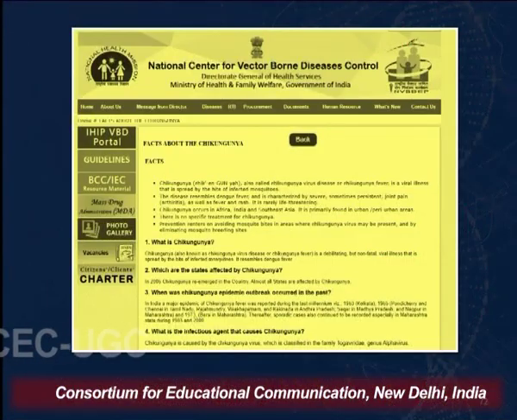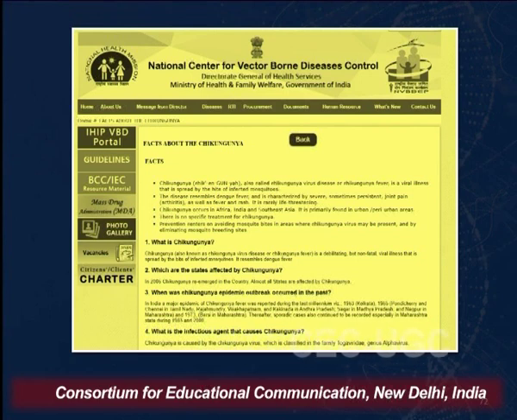Now, in chikungunya and dengue, the doctor mainly recommends that aspirin or other non-steroidal anti-inflammatory drugs should not be administered until dengue or chikungunya has been ruled out, in order to reduce the risk of bleeding conditions. Now, if we see the image over here, this image shows the website of the National